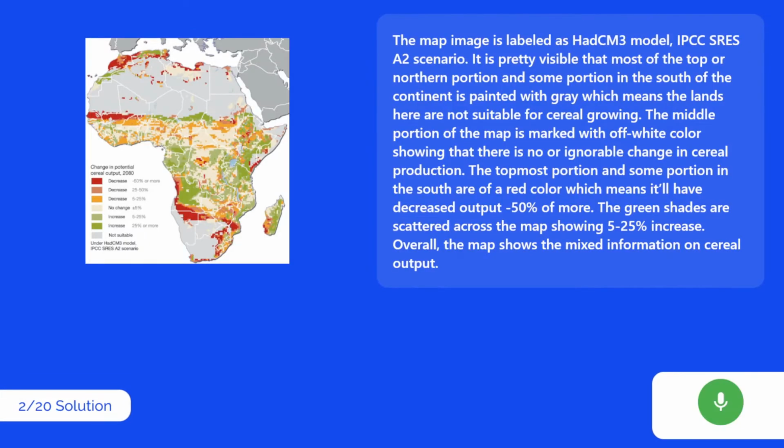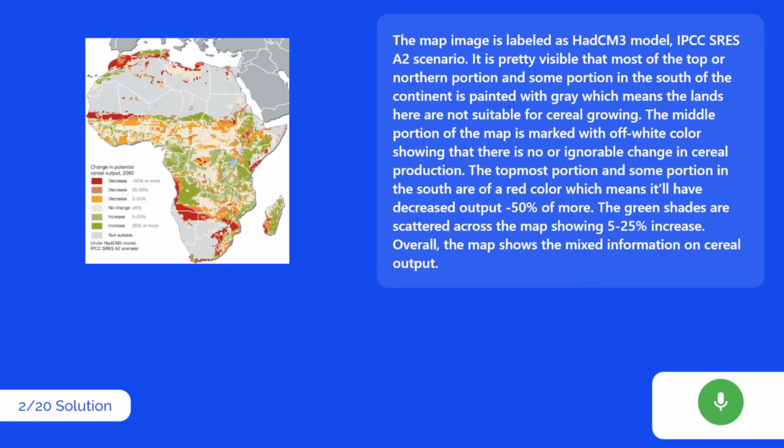The map image is labeled as HAD CM3 model, IPCC says a 2 scenario. It is pretty visible that most of the top or northern portion and some portion in the south of the continent is painted with grey, which means the lands here are not suitable for cereal growing. The middle portion of the map is marked with off-white color, showing that there is no or ignorable change in